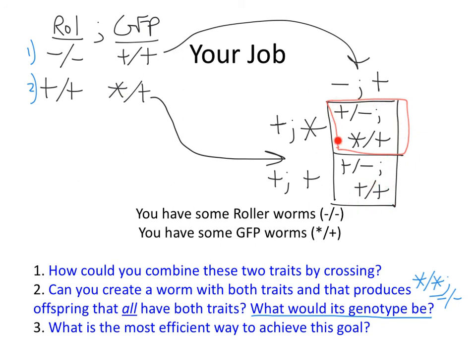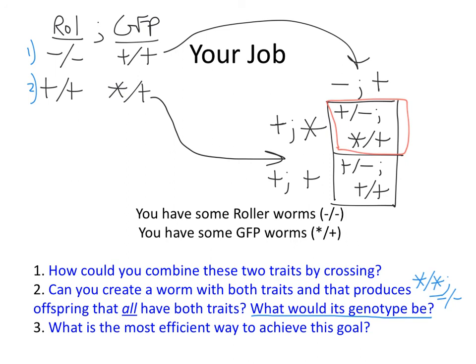So what are we going to do to this worm? What sort of a cross would we want with that worm? You can self it, or you could cross it to its sibling. You could cross it to one parent or the other parent. Those are all the worms you have. You started with 2 parents, you made some kids, so now you've got 4 different types of genotypes of worms on hand.